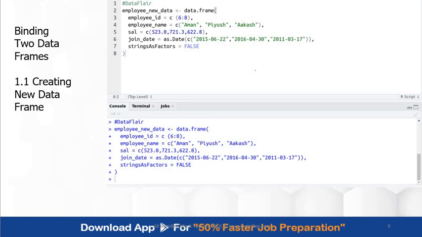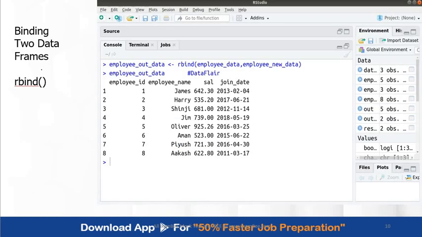Once I create it, what I'll do is bind them with the rbind function. Whichever one you want to hold the final result, something like that. So this employee out data, I want to bind it with the employee data that I have.